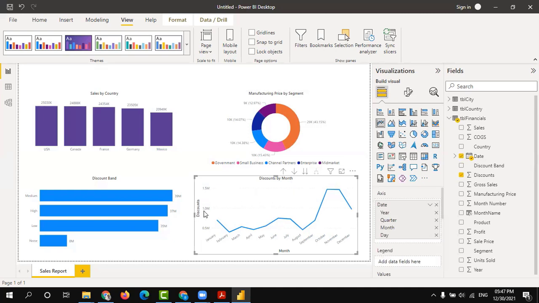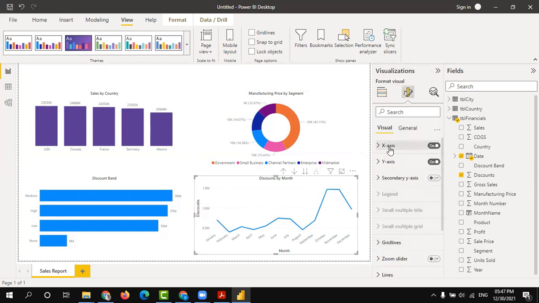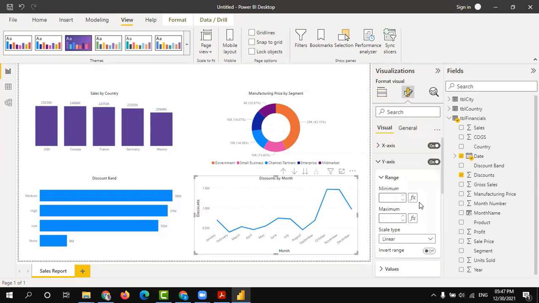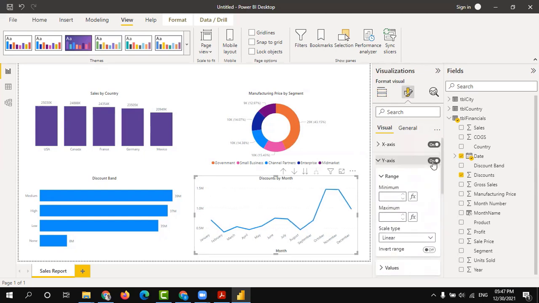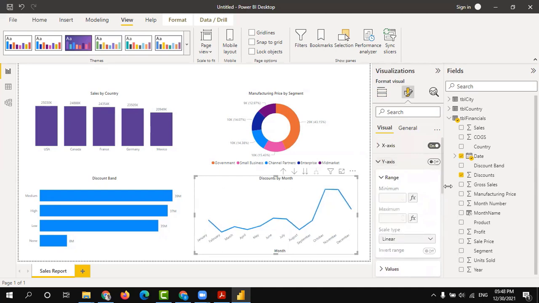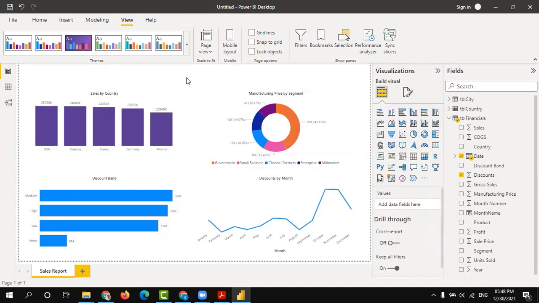I don't need this one, the discounts and this y-axis scale. Go to y-axis, title, and turn off the y-axis. So now I'm good.